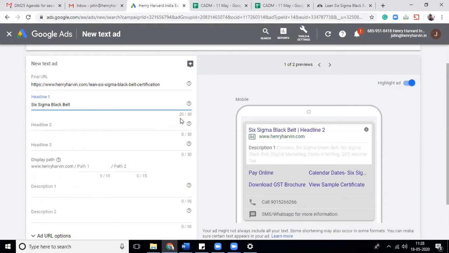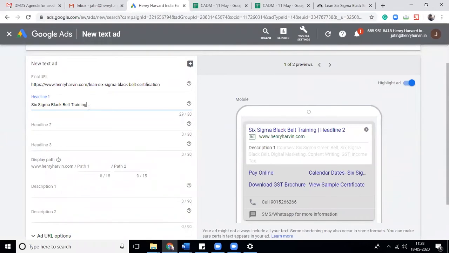Now look at this, I am left with only 10 characters. So let me try to write certification if it fits. Okay, certification doesn't fit in 10 characters, so I have to think of something else. So I will write training. So you will get Six Sigma black belt training.